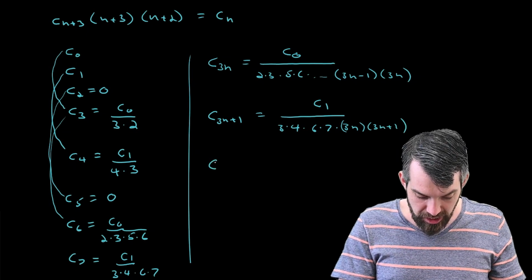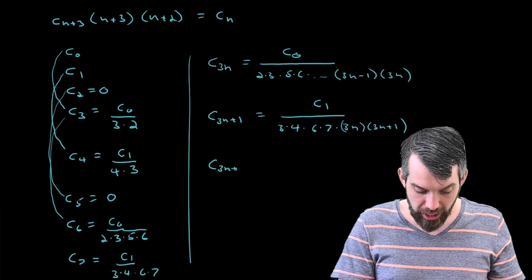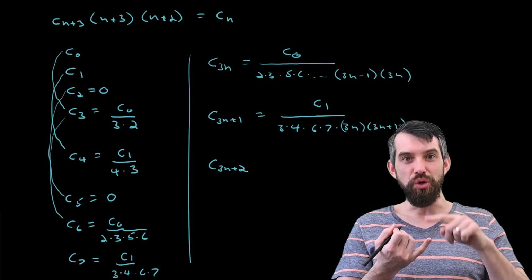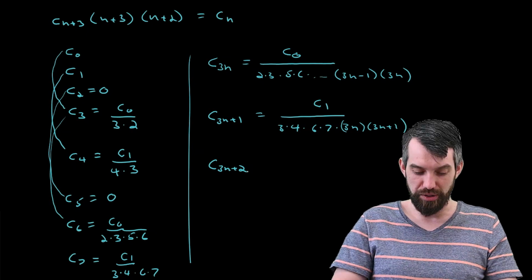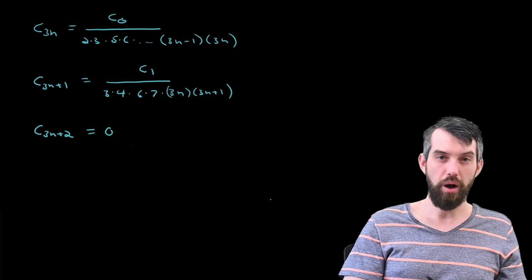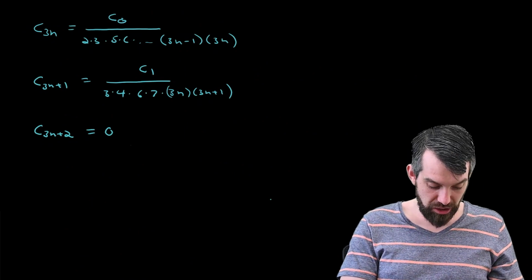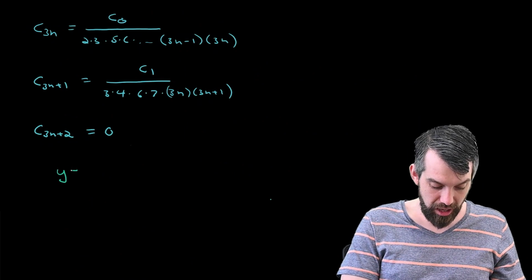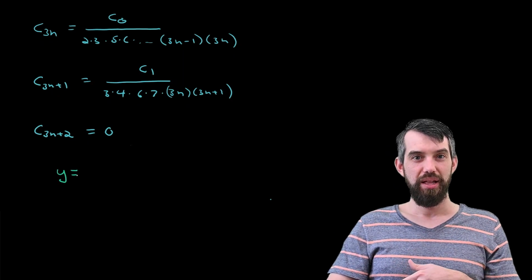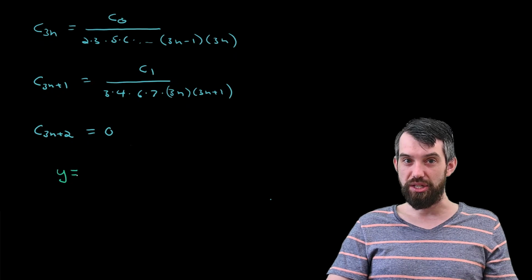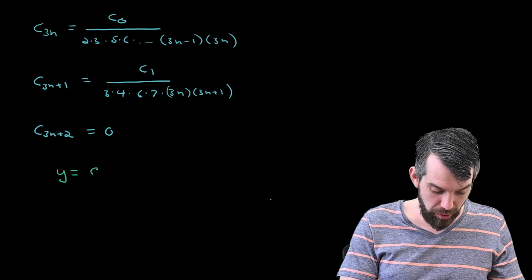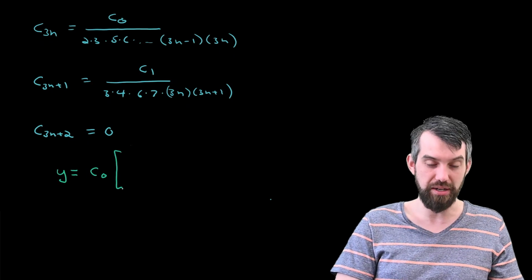Finally, if it's C of 3n plus 2, so now I'm imagining 2, 5, 8, all of those ones are going to be 0, so those ones at least go away. Alright, so let's try to write down our final answer. It's going to be a bit of a mess, but it simplifies really as just the sum of two different things. There's a bunch of terms that are related to the C0 and a bunch of terms related to the C1. And so the way I'm going to write it is I'll put the C0 terms out the front,